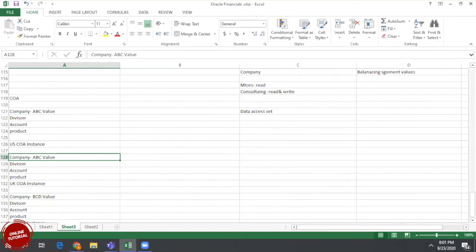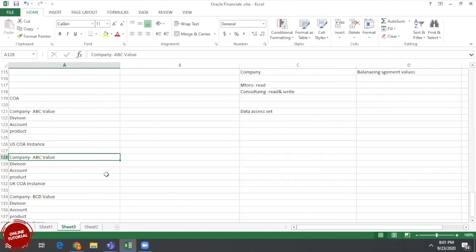But both are not possible. Only overriding the value set is possible. That is a point we need to note. That's a very key point. Even when I was learning, I thought the same. Oracle has given the chart of account and chart of account instance concept. This is very useful for global designs. We can derive one global blueprint for chart of accounts, and out of that, based on regional requirements, we can define multiple chart of account instances specific to different locations.